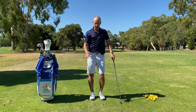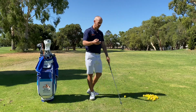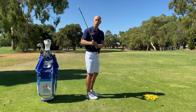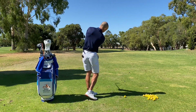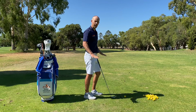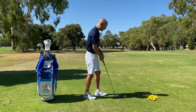It's going to give you awareness of a lot of things that's happening through impact, because a lot of the best players on tour, they'll have their own different styles of how they go about things in the backswing with a full swing. But what remains fairly similar is what's happening from here through to here, all relative to the shot that they're trying to hit, of course, but that is very, very similar for the best players in the world. So let's break that down in a wonderful drill that's really going to give you a good understanding of,